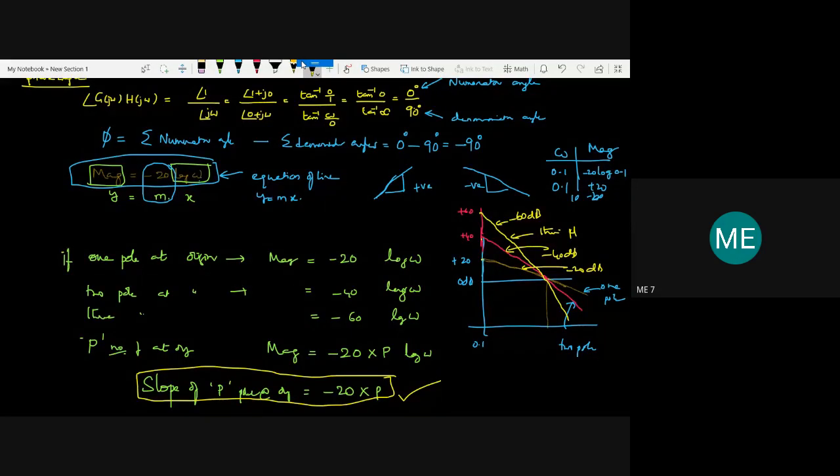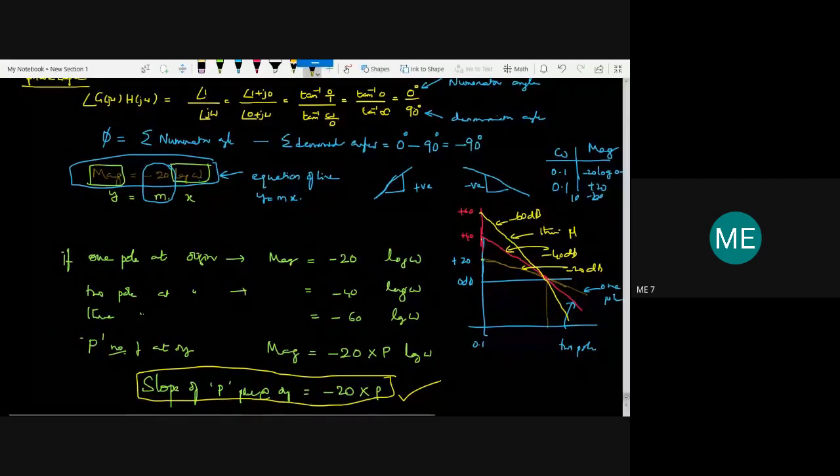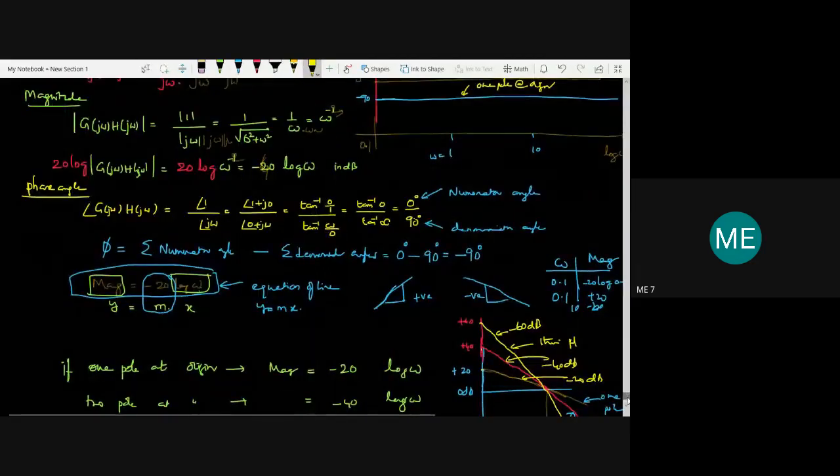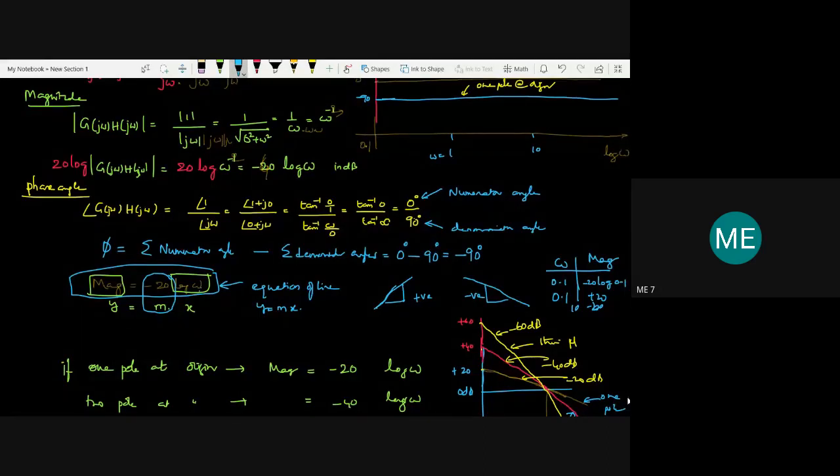Then we'll go to the phase angle. In such a way we can write the phase angle also in a generalized format for the poles at origin. If you look at this phase angle calculation, I have here angle j omega. If there are two, then this angle j omega will have one more come into the denominator, that is j omega, like this. So tan inverse omega by 0, one more tan inverse omega by 0 will come, and tan inverse infinity is 90 degrees, so 90 degrees, 90 degrees.